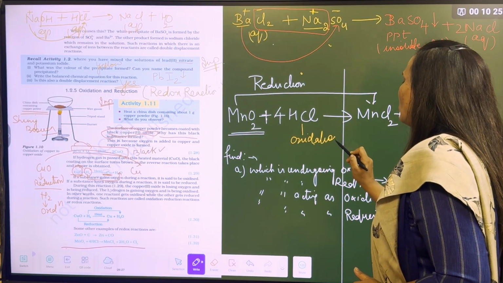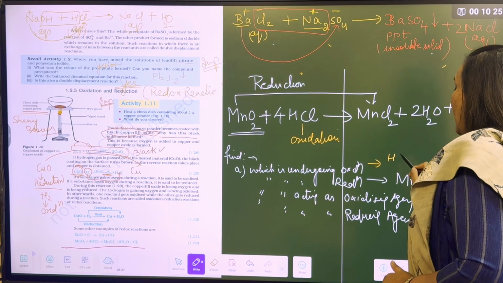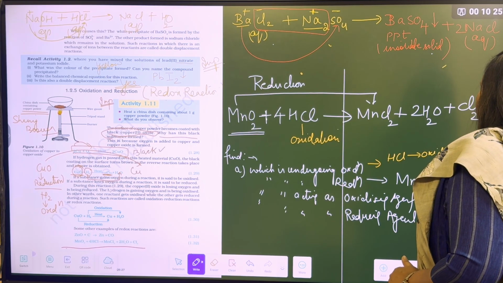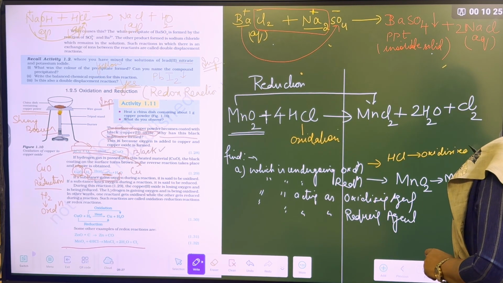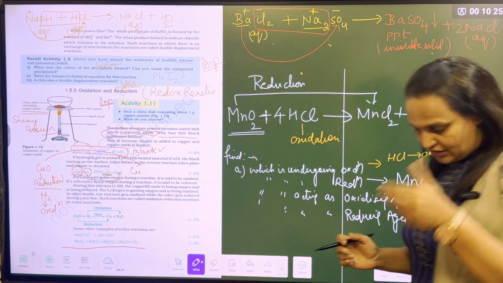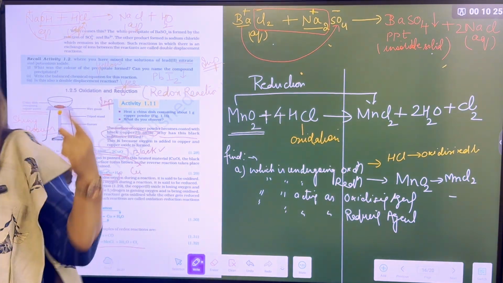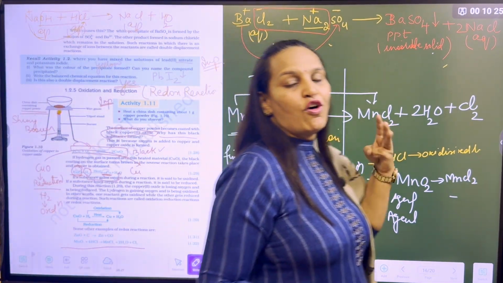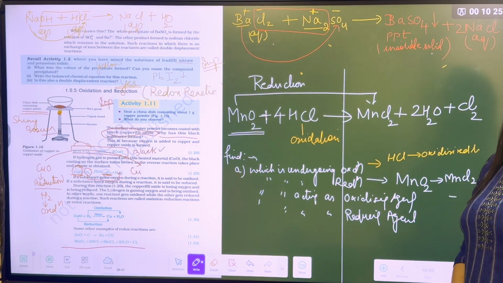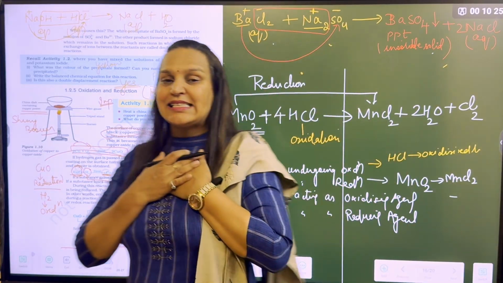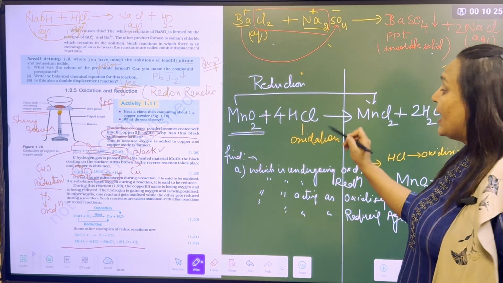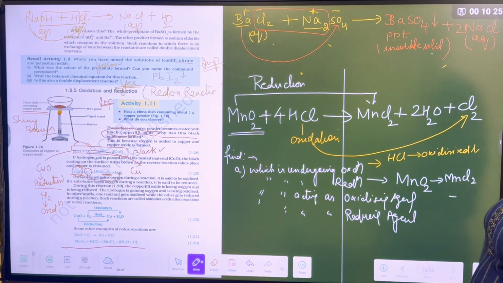Very good. So how I am giving you the question here, HCl is oxidized to what? Tell me the right option. Is it oxidized to water or is it oxidized to chlorine? Think. Half of them are saying HCl is oxidized to water. But I say that HCl is oxidized to chlorine. Remember, HCl is oxidized to chlorine.